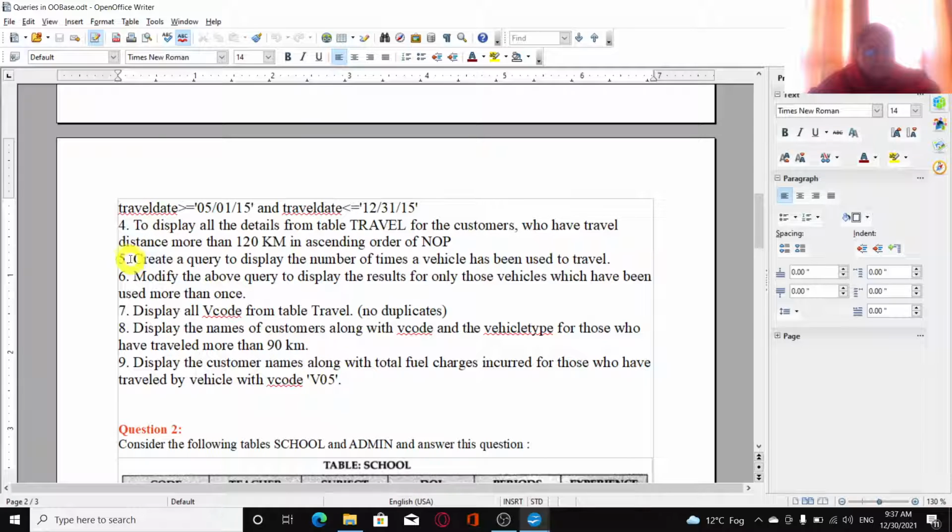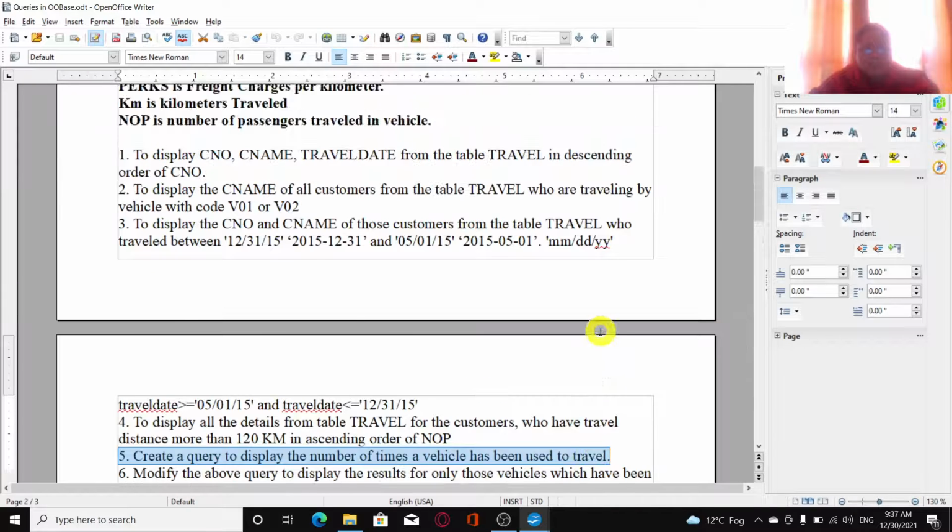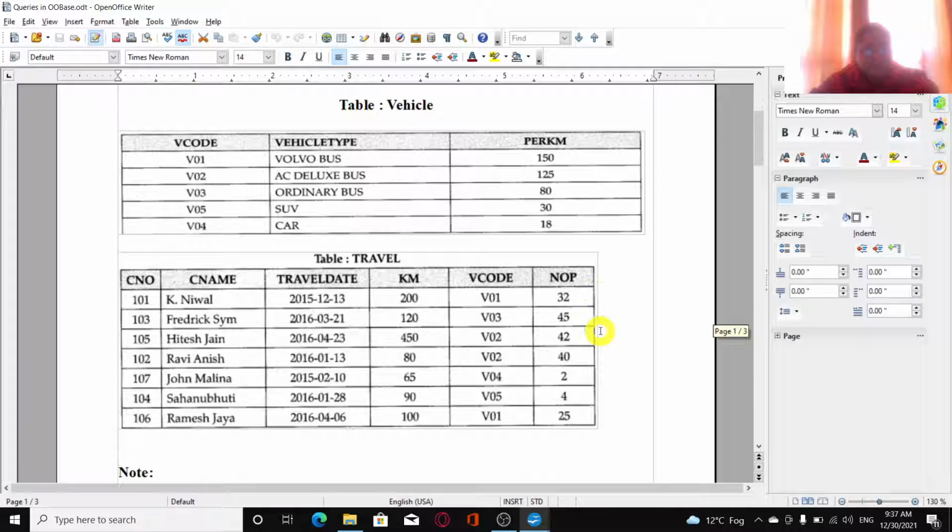Create a query to display the number of times a vehicle has been used to travel. So you can see over here, from this table, we have to find out how many times one vehicle was used to travel.